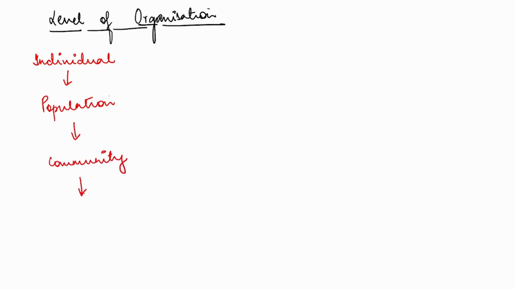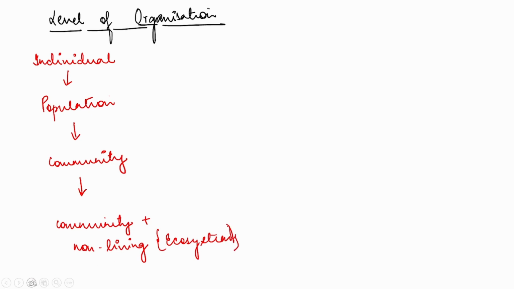And this community with non-living objects, we call it an ecosystem. So for further clarification, let me draw a diagram here. Say this is an individual. Now what do we call it? Individual, right? And when this individual is able to reproduce, this is a male, this is a female,